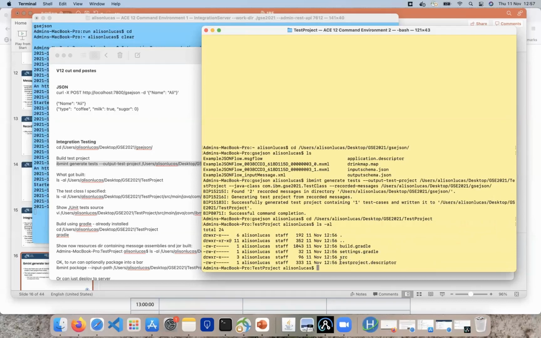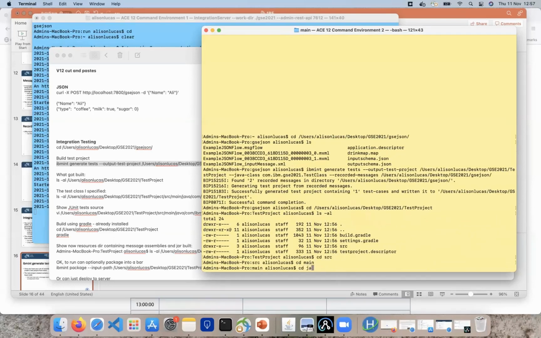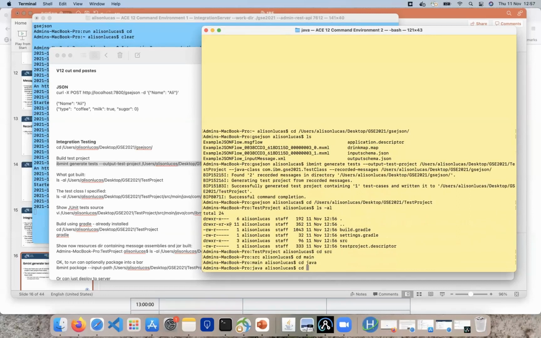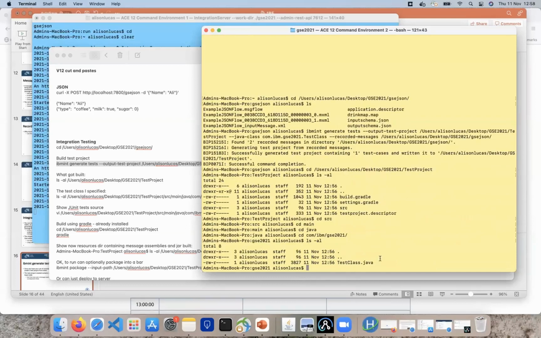But also we've got the source file, and in there is where the Java is. So if we look, it's created this test class.java because that's what I told it to call. And if we look into that,